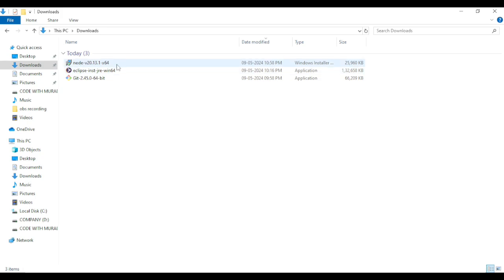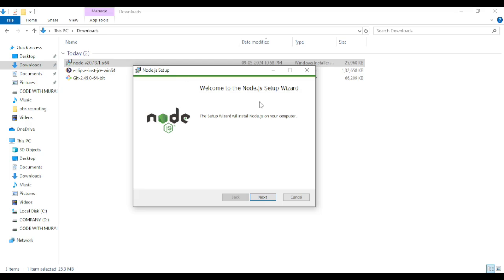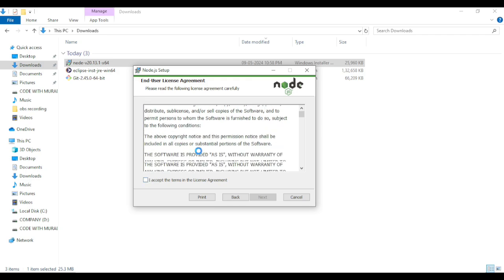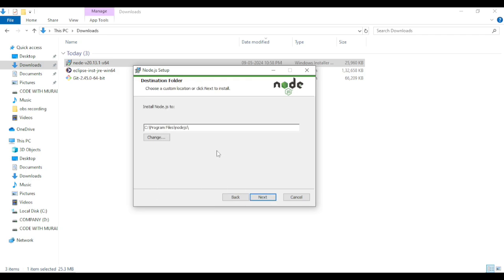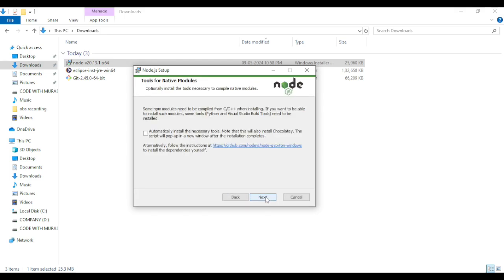Now let's install it. For that I'll double click on it, and we can see here the setup wizard, Welcome to the Node.js Setup Wizard. Now click on Next. If you want you can read the license. I'll click on I accept, then click on Next. From here we can change the installation path also, but I would recommend not to change this. Now click on Next, then again Next, then Next,